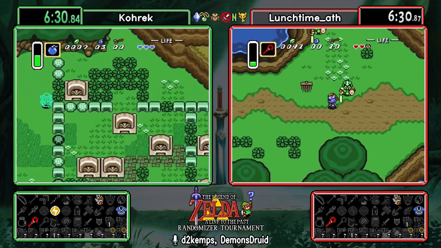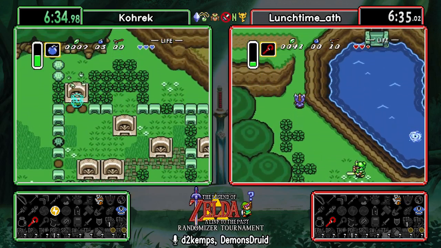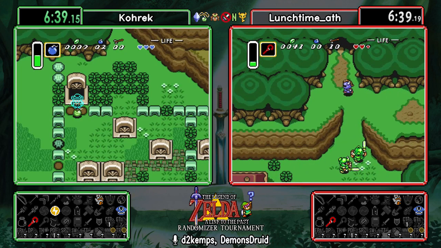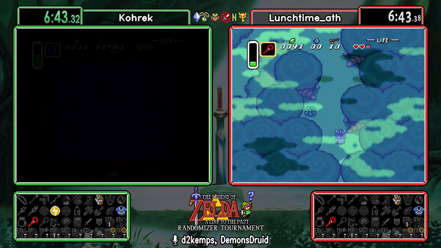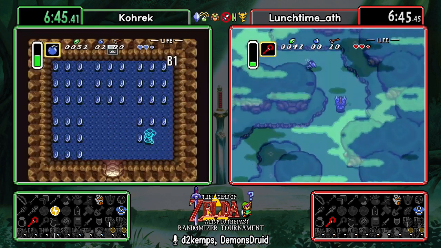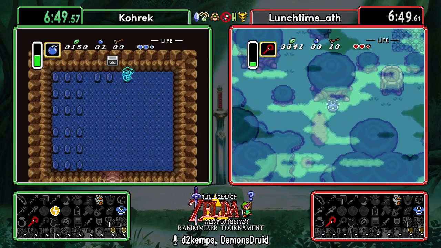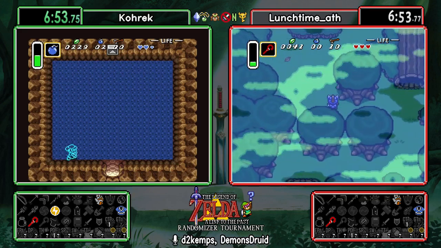Looks like Kohrek is going to go ahead and do Houlihan. This is the faster Houlihan if you happen to have bombs and the glove, but most people do the flipper route for Houlihan simply because they don't have bombs to spare and gloves, so